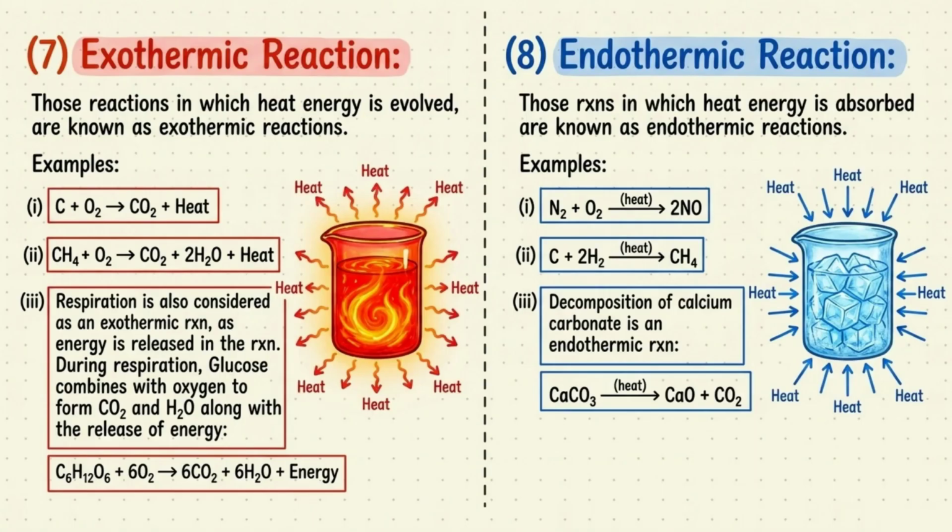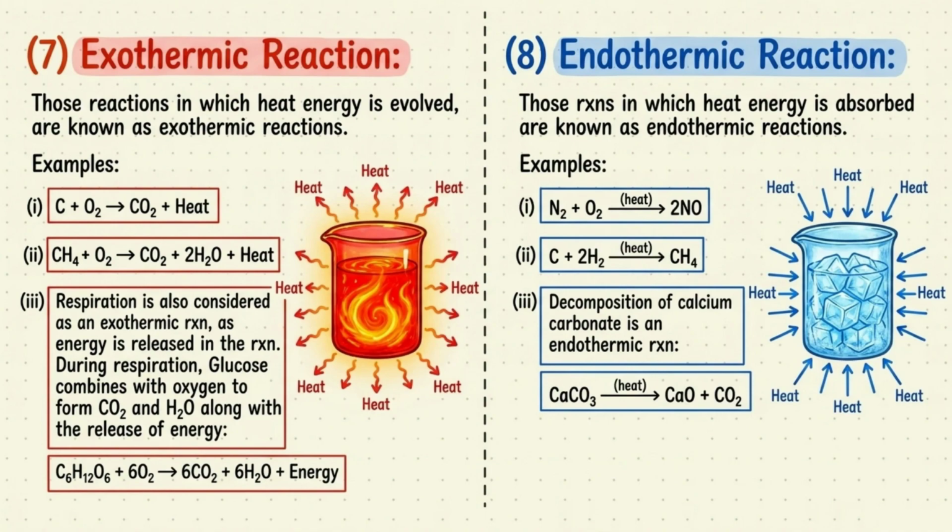We are in the final stretch, students. Let's connect all this math to energy changes in everyday life. Reactions generally fall into two energy categories, exothermic and endothermic. Let's start with exothermic. Exothermic reactions are those in which heat energy is evolved or released outward into the environment. Examples include burning coal, C plus O2 yields CO2 plus heat, or burning methane gas, CH4 plus 2O2 yields CO2